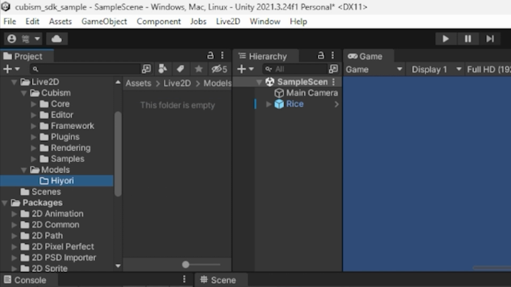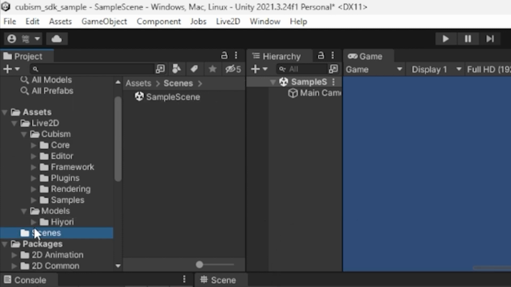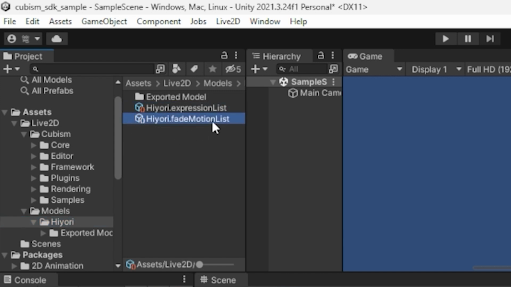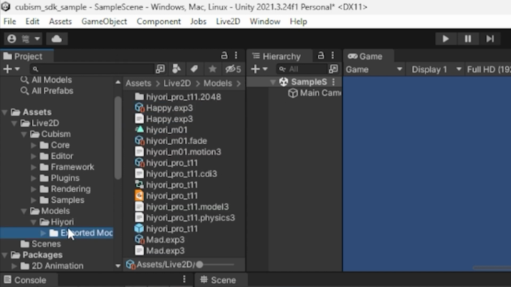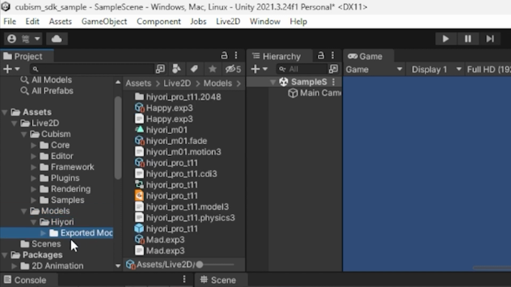And here I will just drag and drop the folder with the model files. Those two files here are the reason I create a folder for the models, then a folder for the model itself. Those two files are created automatically outside your model folder, and this folder is just to avoid overlapping and